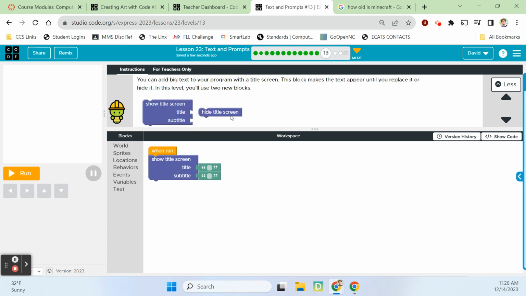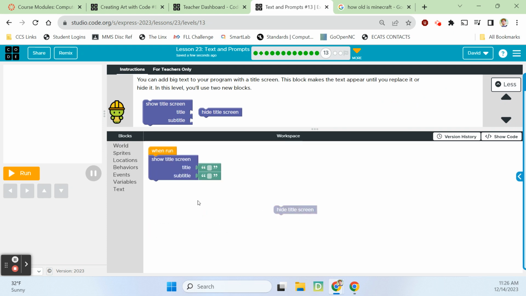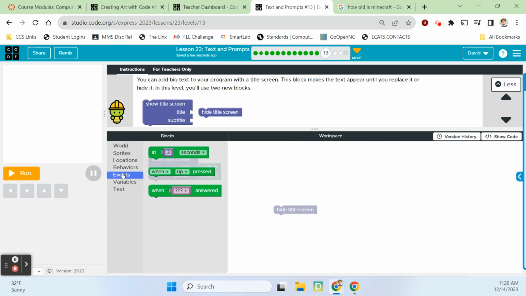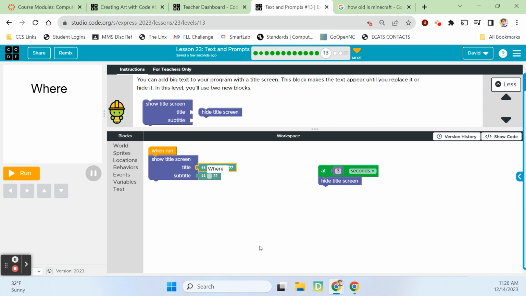Two new blocks. Hide title screen. Where are these? Okay. Hide title screen. So we'll pull that out here. We're going to use that. We need an event at 3 seconds to hide the title screen. So the title is, let's see, where, the green